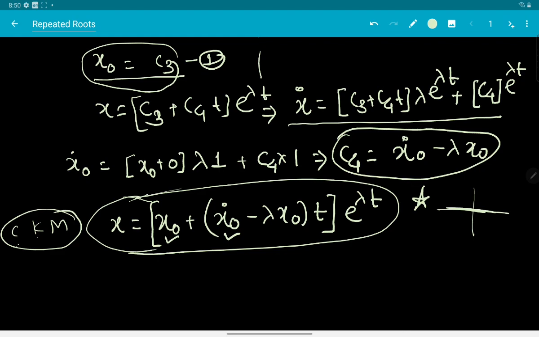So we have seen all 3 cases, 3 sets of solutions, and now in the next class we are going to see how exactly those solutions look. We are also going to write these 3 solutions in a slightly different way, which involves certain typical jargon that we'll be using in vibrations. So the same solutions but written in a different way. We'll be having a look at that in the next class.